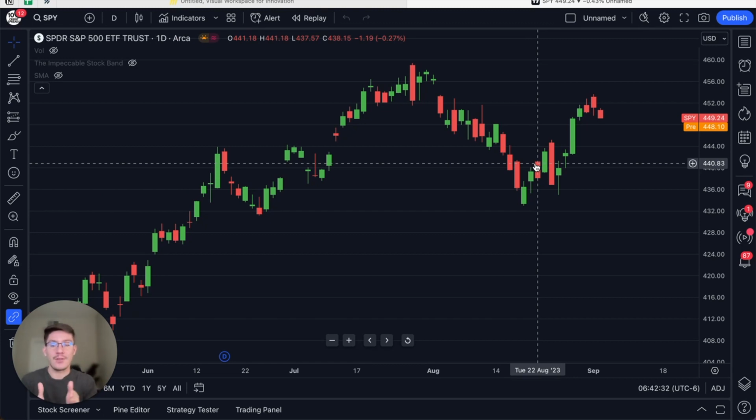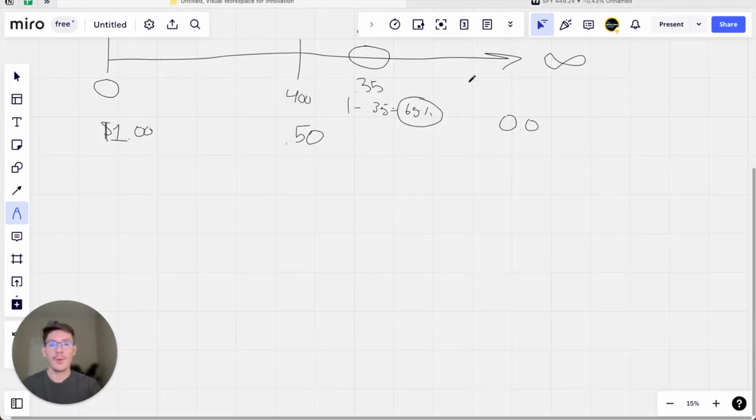If we move the strike price closer, we have less odds of winning. But as you can see here, we collect more, right? Because the further away we go, the less money we collect. So we're collecting 35 cents around here, but around here, which let's say is roughly 3% out, we're only collecting